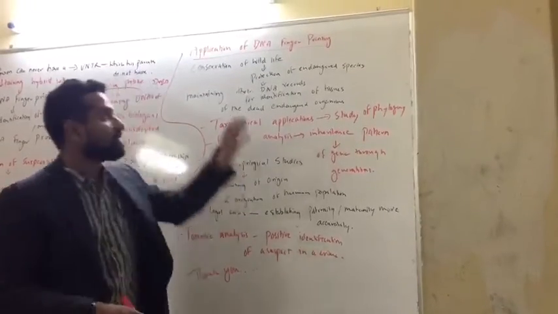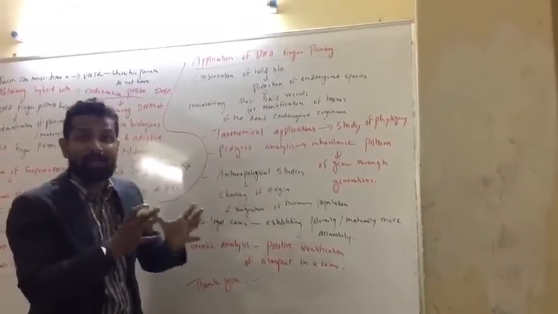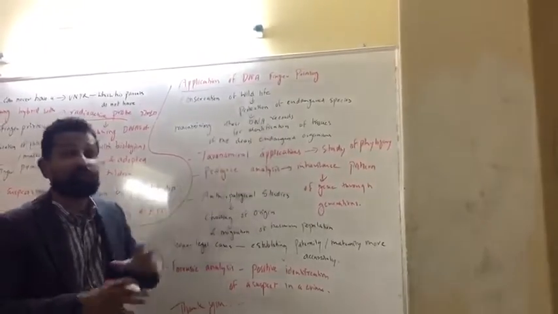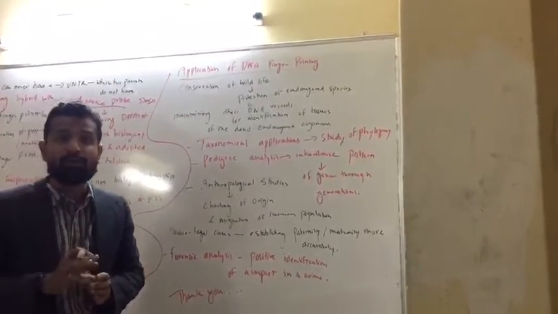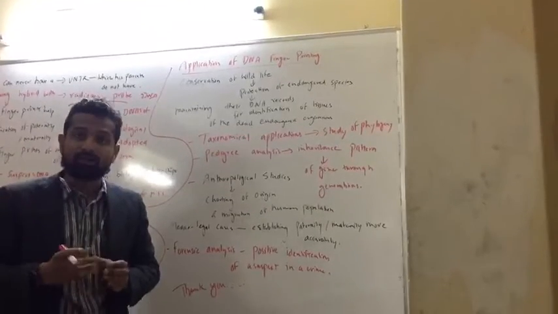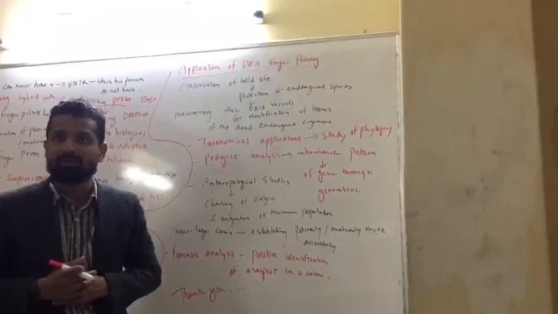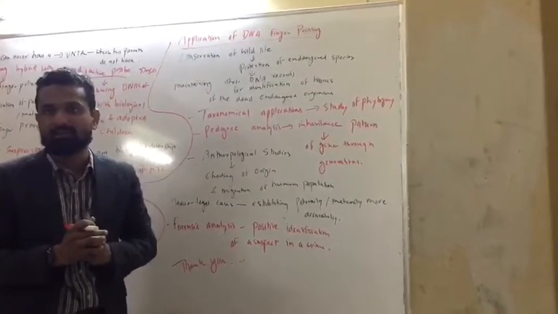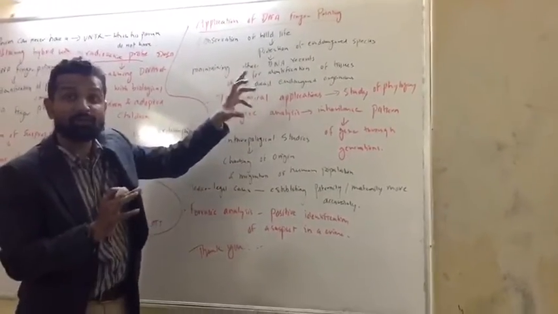Got it? So this is just how it is pleasing to the ear. Conservation of wildlife means all the extinct animals should be saved. Protection of endangered species, those that are in danger of being no more, yet they have permitted such radiation as 5G. Will it not kill the birds? Tell me. So this is some kind of playing with words, maintaining their DNA records.